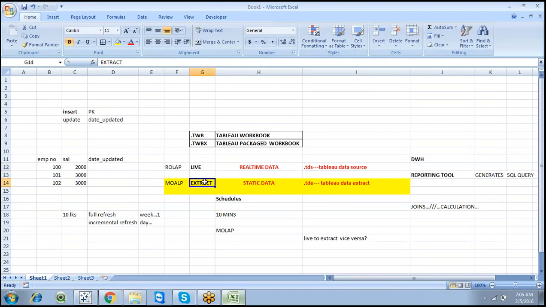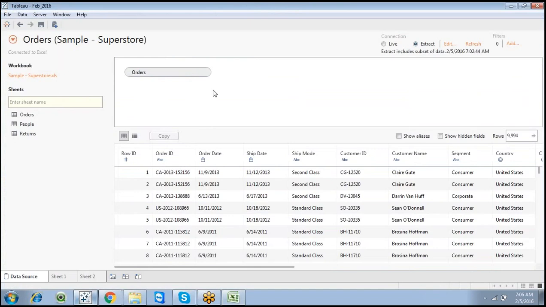Extract is static data, where for better performance we can go with an extract if live connection degrades. Extract generates a .tde, a Tableau data extract, for an extract connection. So this is about connectivity. You can work with live or extract, depending on the data and on performance.